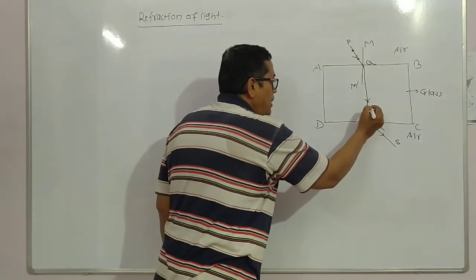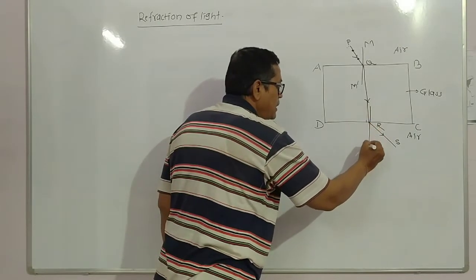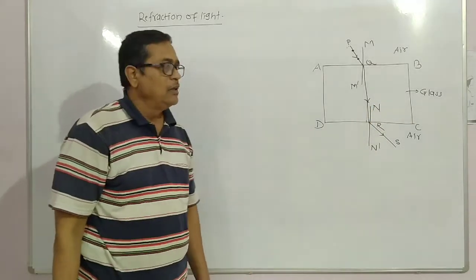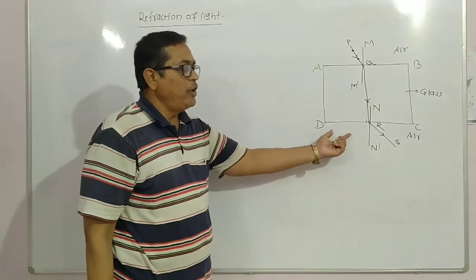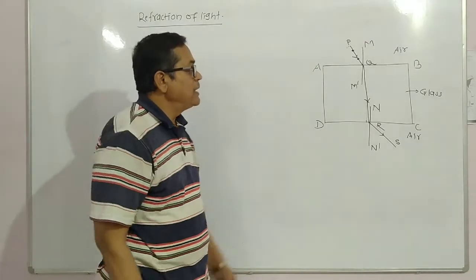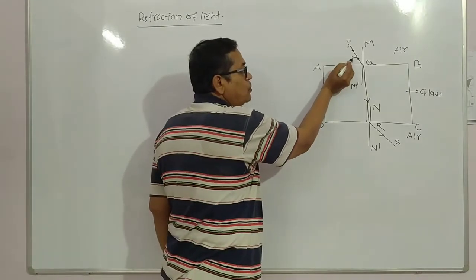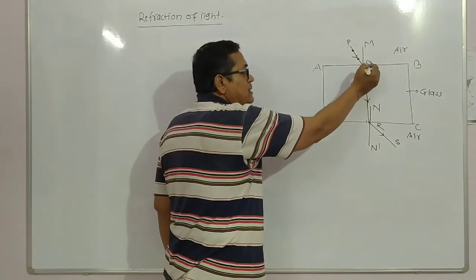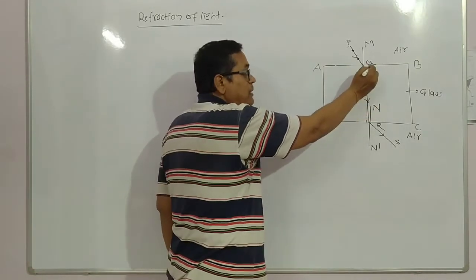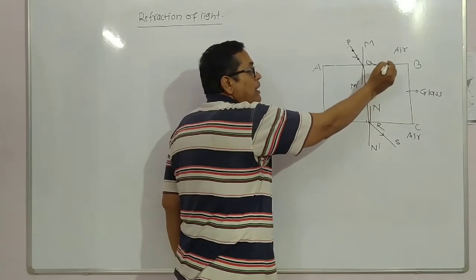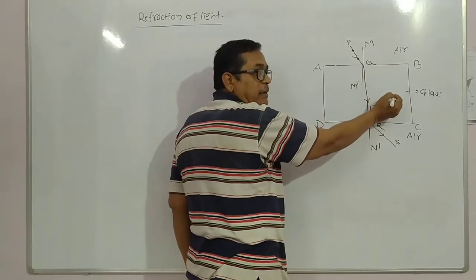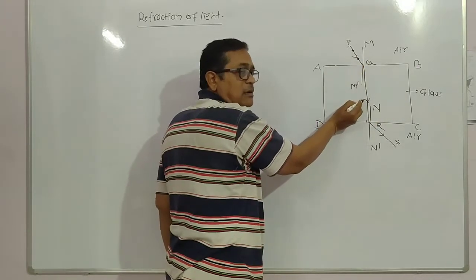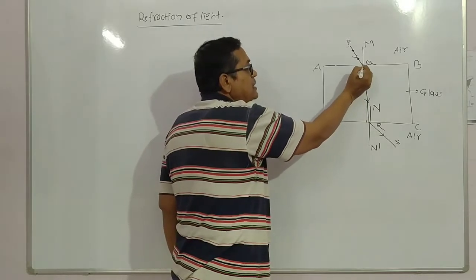Here we draw another normal at point R in this way, and that normal is NN dash. Look here, dear student, we obtain a diagram where the light ray PQ travels through the air and enters another transparent medium, that is glass. Air is medium 1 and glass is medium 2 here. The light ray travels through the air and then enters the glass. Here it changes direction.